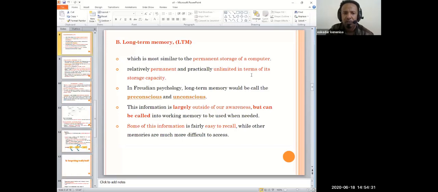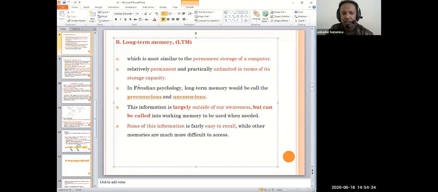So unlimited in terms of storage capacity. In Freudian psychology,